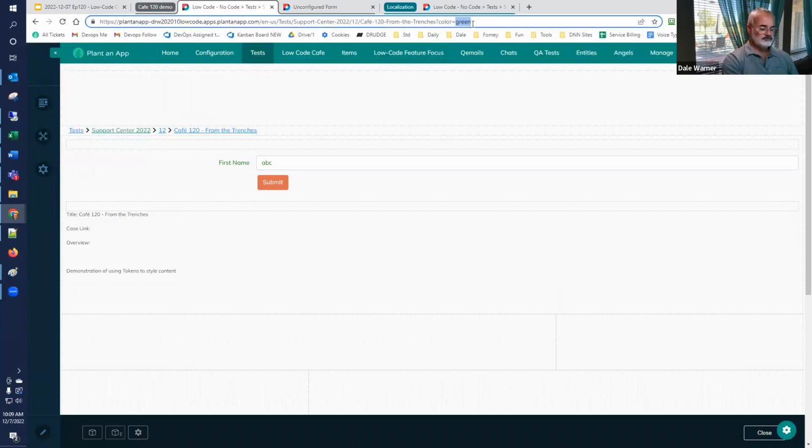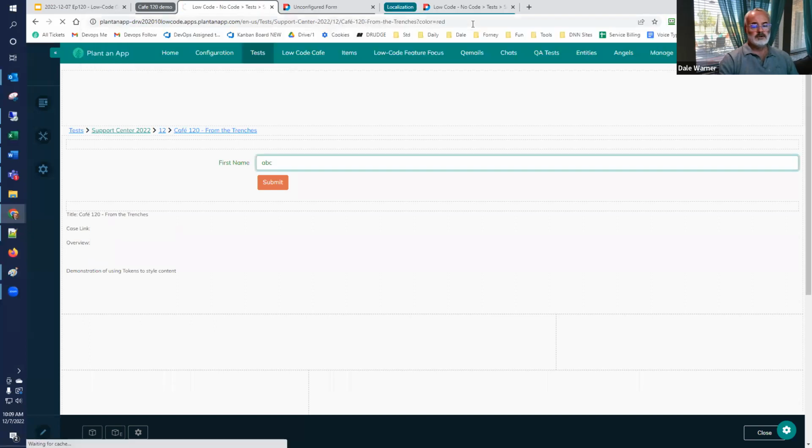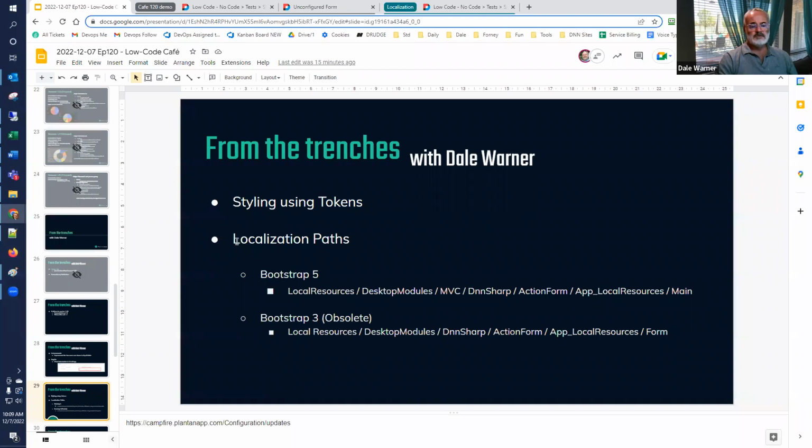We can pick red to make it be very obvious that it's working. So it just gives you a great deal of control. Anything that you can style by way of CSS, you can place in and replace dynamically. So that gives you the ability, for example, to call attention to particular fields that dynamically need to be different. So that is styling. And then the other thing that I wanted to talk about is we had a support